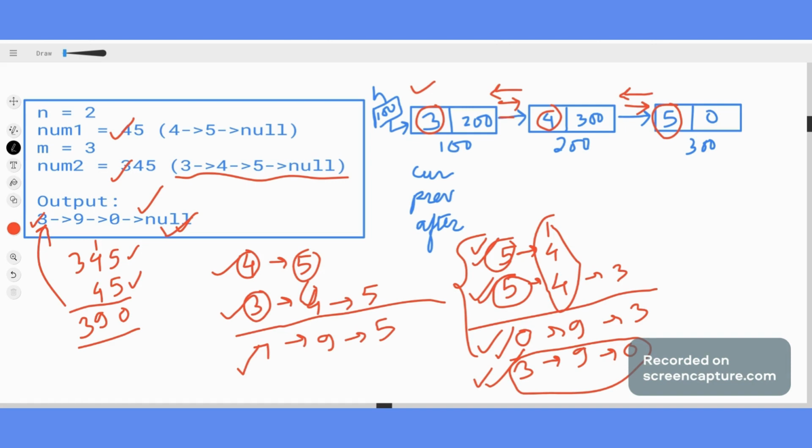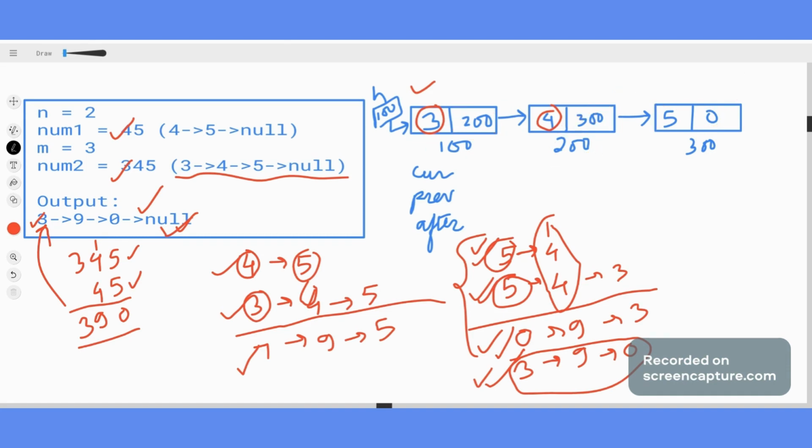So, when my link was moving in this direction, what was happening? This one is storing the address of this node. This one is storing the address of this node. So now, if we reverse this, then this one will become our head node. That means if we reverse the links in the opposite direction, this one will be storing the address of this node now. This one will be storing the address of this node. Similarly, this node will be storing the address of this particular node. And this one will be our null.